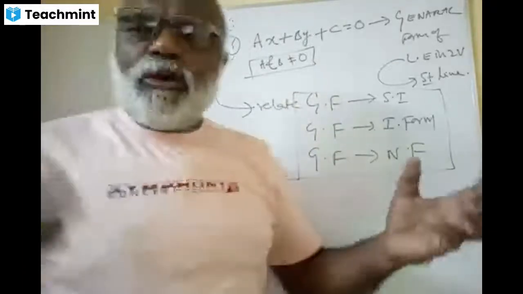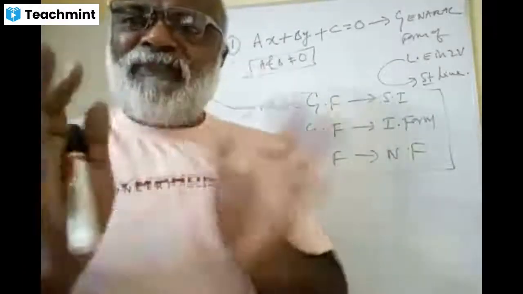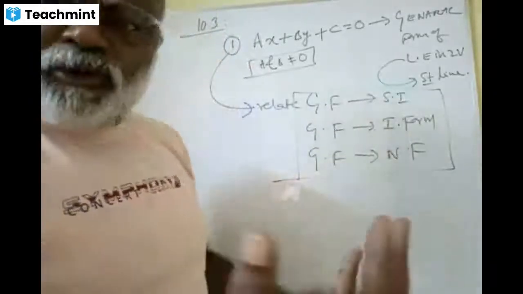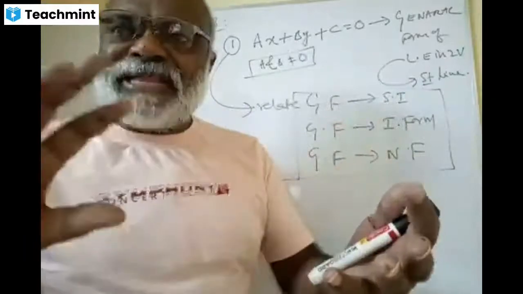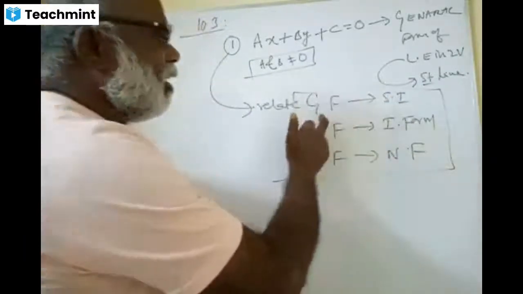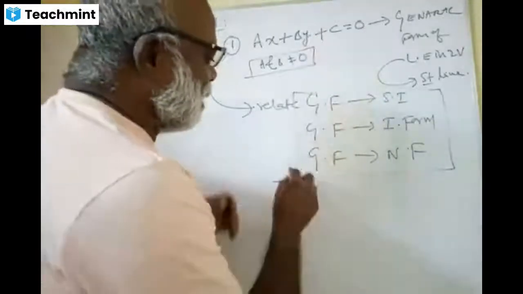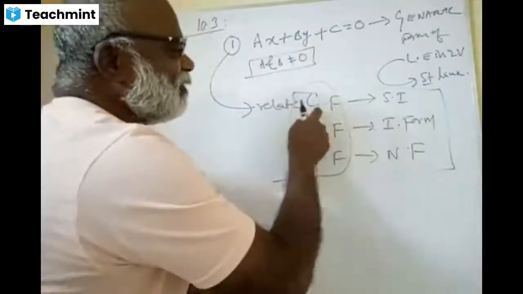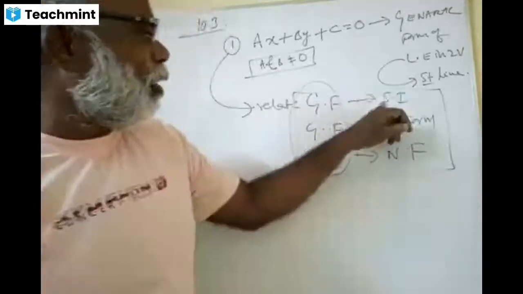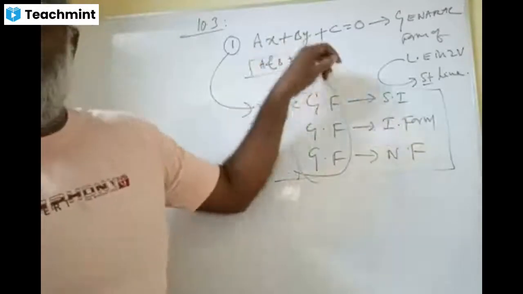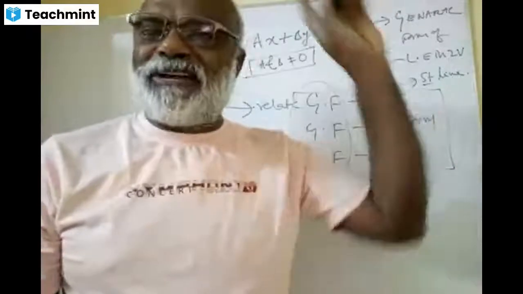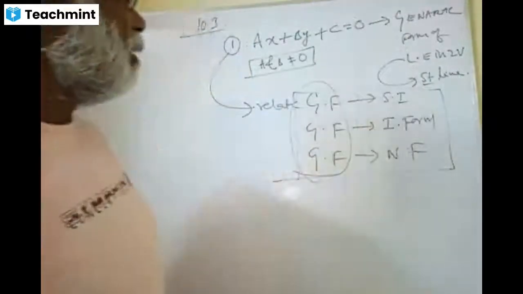So now we are connecting the general form with these forms, and you will be seeing the other dimension of it. By connecting this slope intercept form, the general form is the more general form, common for all. Everything is transformed into this. We are going to express slope in terms of A and B. Intercept is also we are going to convert into A and B.